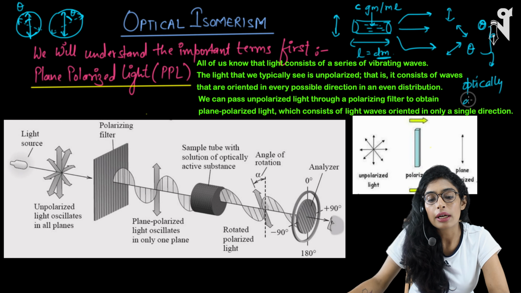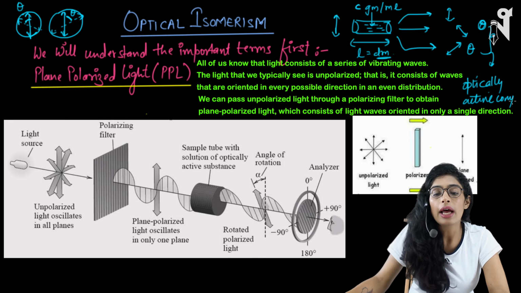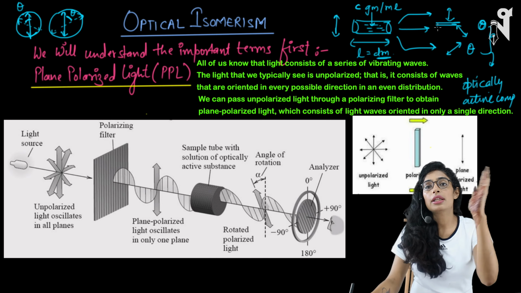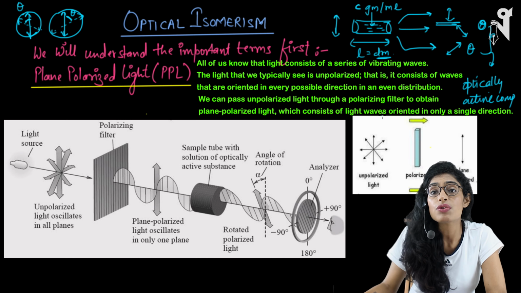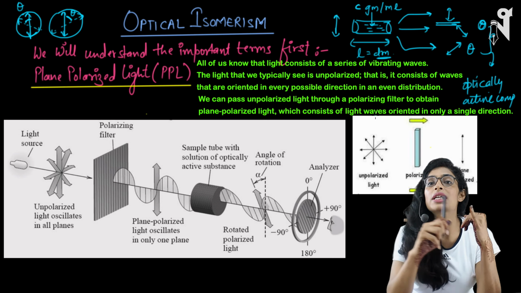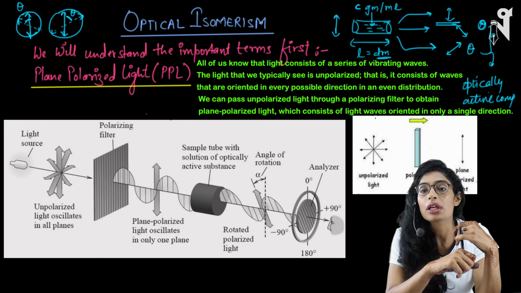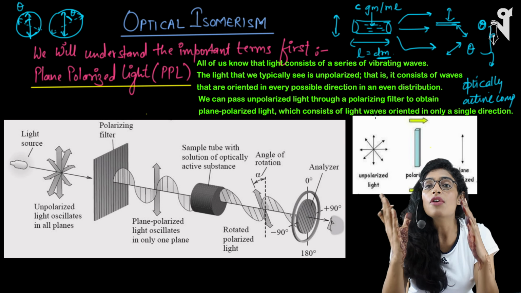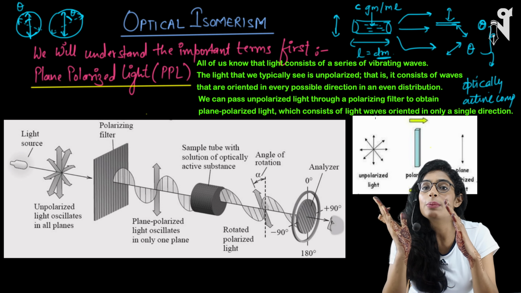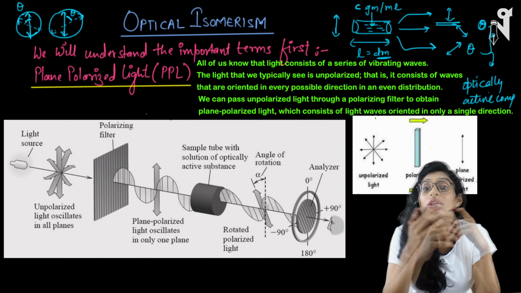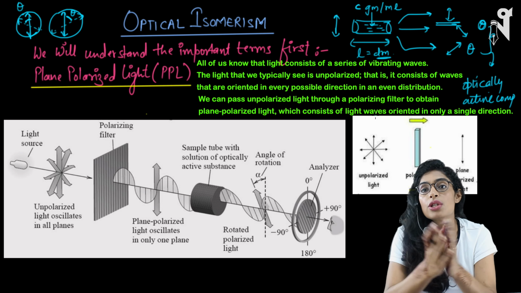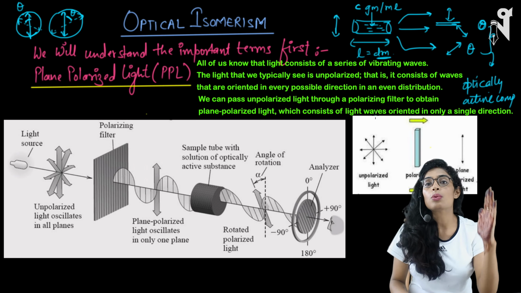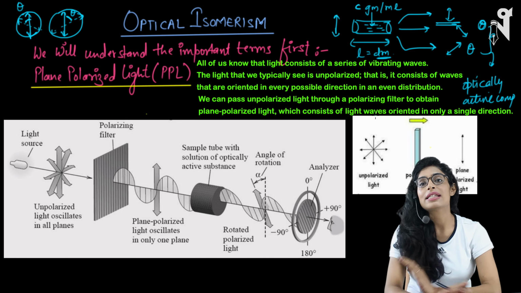Optically active compound. And the case in which there is no change in the angle of the light and it comes out exactly the same way, then the compound we have taken is optically inactive. So optically active is one thing, optically inactive is another. Optically active will be capable of tilting the light towards left or right with a theta angle. Whereas with an optically inactive compound, there will be no change in the plane polarized light. Whichever plane it was in earlier will come out in exactly the same manner.